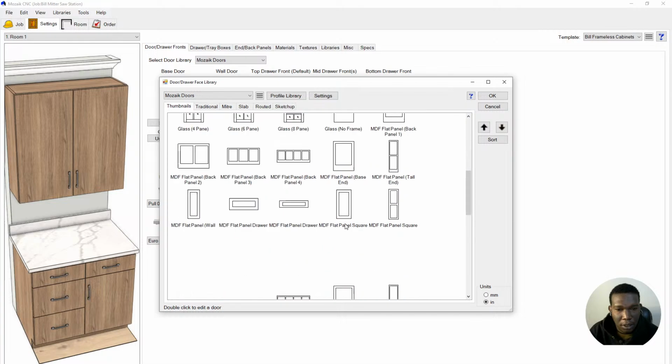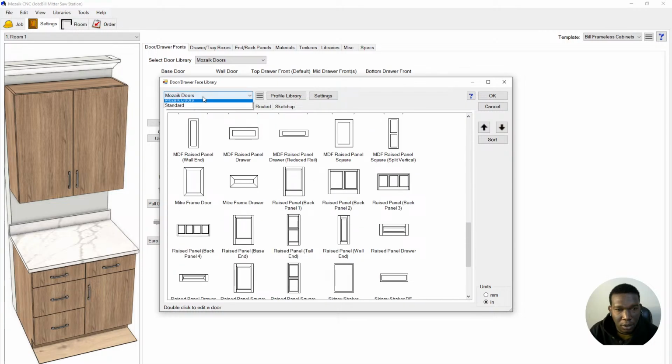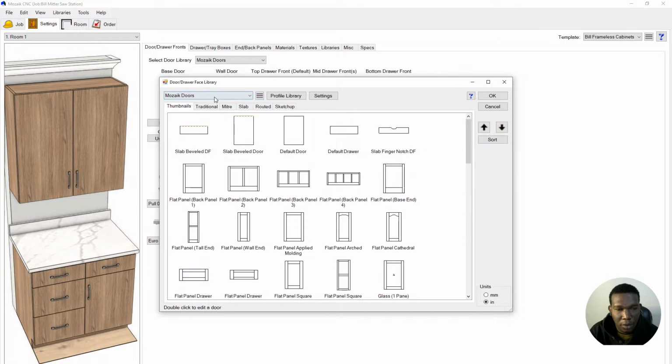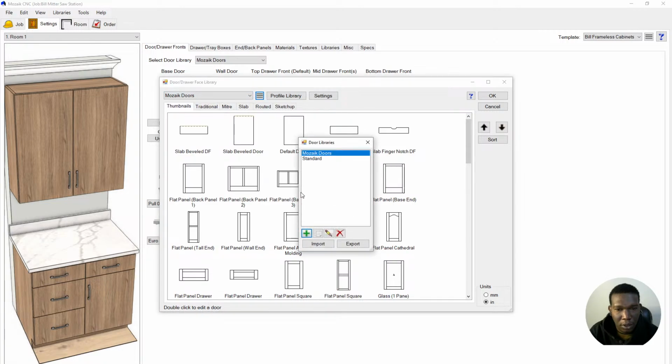Now inside Mozaik library, you can now configure there. If you want to create your own libraries, then you can just go there, create a new template or page. It will create that template based on Mozaik doors, and then you can select your own things there. So for example,